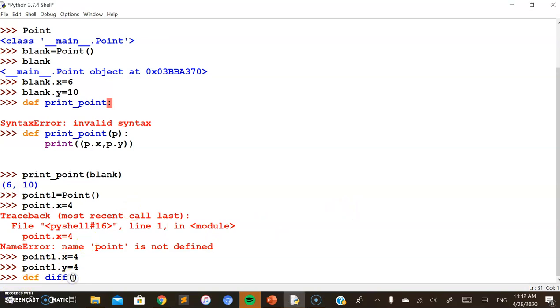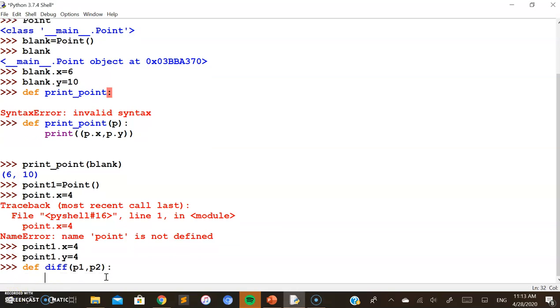This function is going to accept two parameters, that is the two objects of the class point, to find out the difference between the points: p1, p2. Following that, what I want to print here is the difference between the 2 points, that is p1.x minus p2.x.